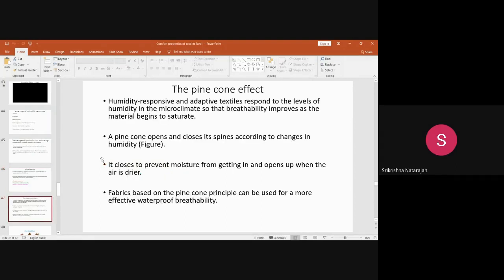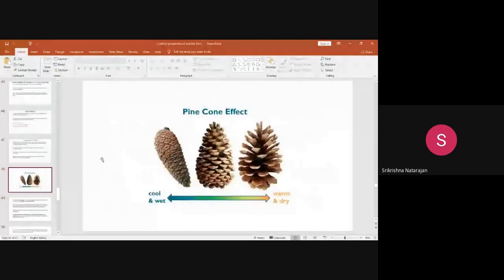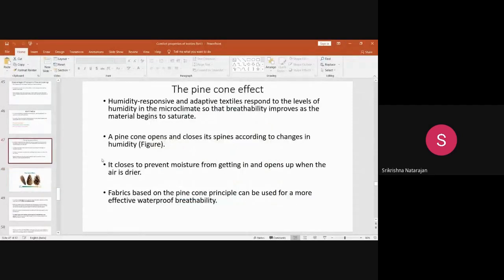So what does this pine cone mean? The pine cone is a humidity responsive and adaptive textile model. There is a plant that produces this pine cone. That pine cone behaves in a different way by reacting to the level of humidity. See, for example,